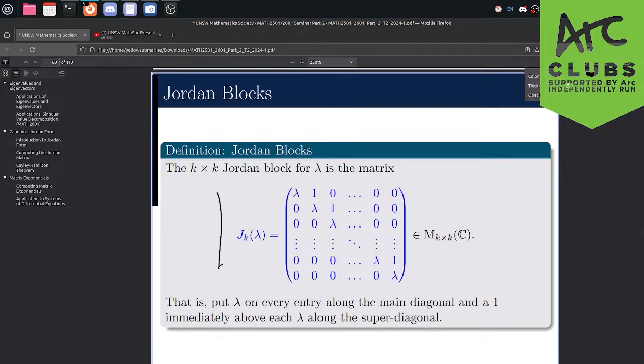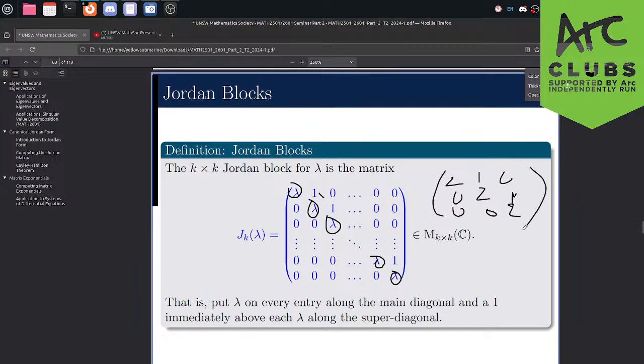This is what we define a Jordan block as. It looks like a diagonal matrix. So this looks like a normal set of eigenvalues almost, with lambda, lambda, lambda, and ones along the superdiagonal. The superdiagonal is all the entries which are right above the main diagonal. So if we have 2, 2, and 2 along the diagonal, the superdiagonal will be this set of ones here, and we have a 0 here. So the superdiagonal is going to be this 1 and this 1.